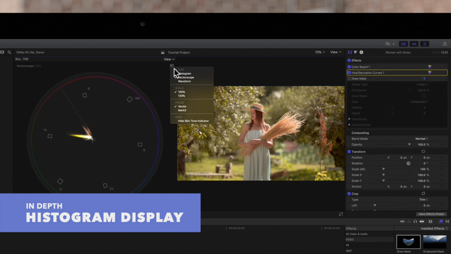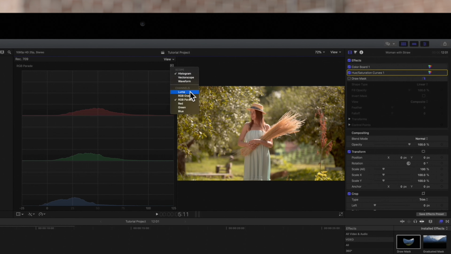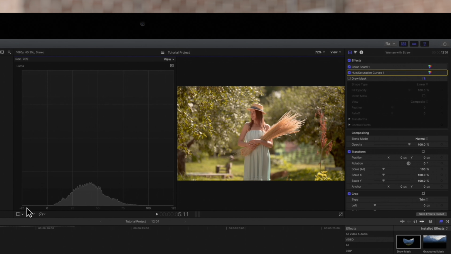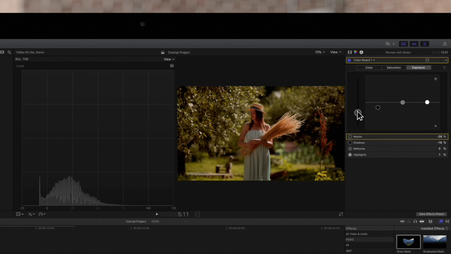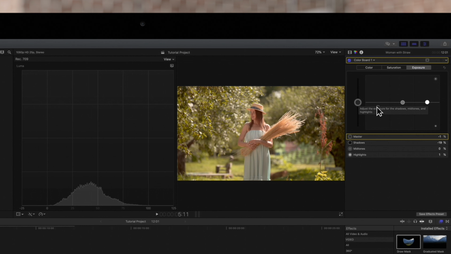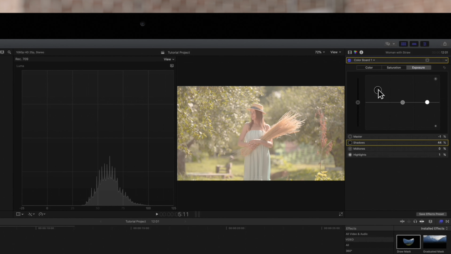Finally, let's check out the histogram displays. We'll start with Luma. The Luma percentage is now on the x-axis, and we can see how many pixels are present at each Luma value. Watch what happens when we select the clip, open the color inspector, and adjust the Luma. A high contrast image shows a more even distribution of values across the graph, whereas a low contrast image will cluster the values closer to the center.